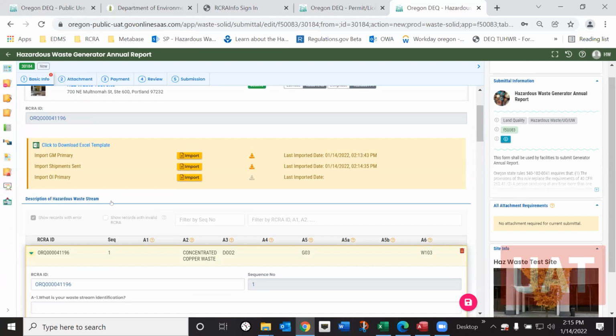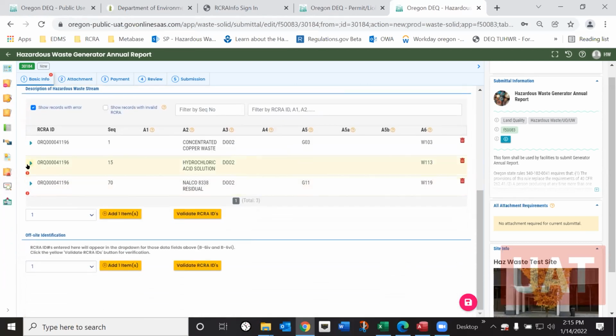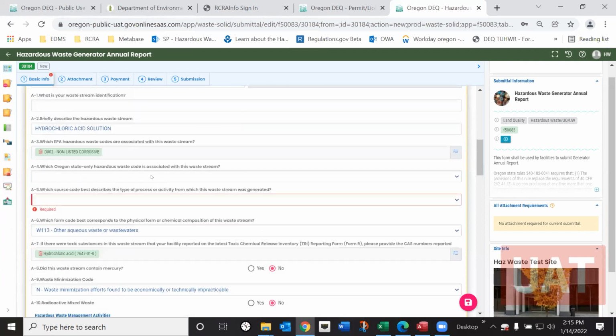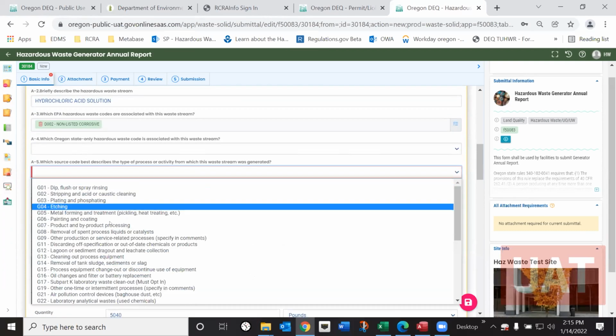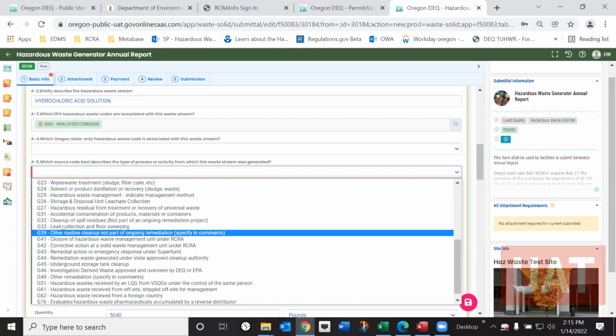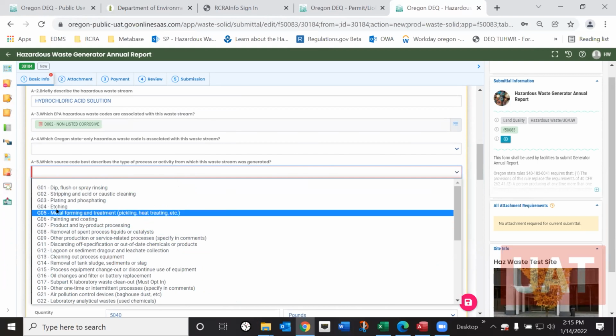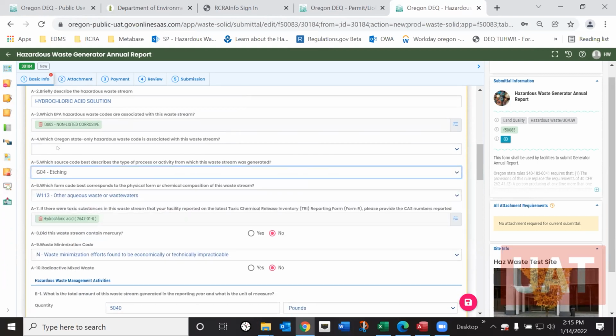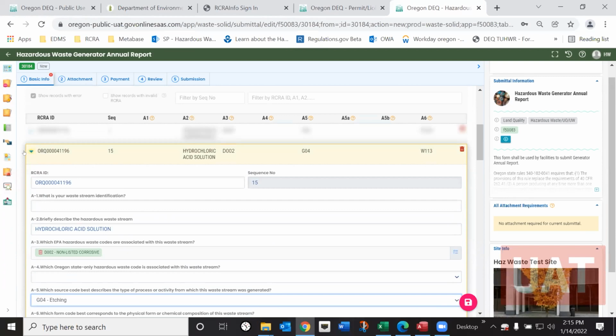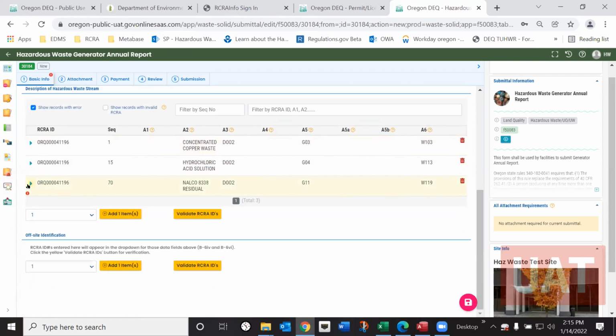So now that data field's corrected. The next one is the source code, because I typed in G99 and there is no G99 waste code, source code. So I'll just pick one to satisfy that. And this waste stream is satisfied. And then the last one is